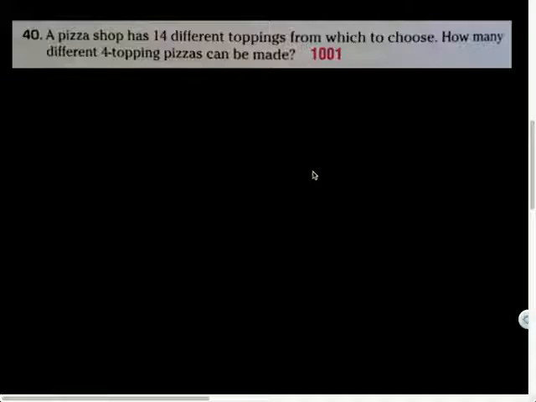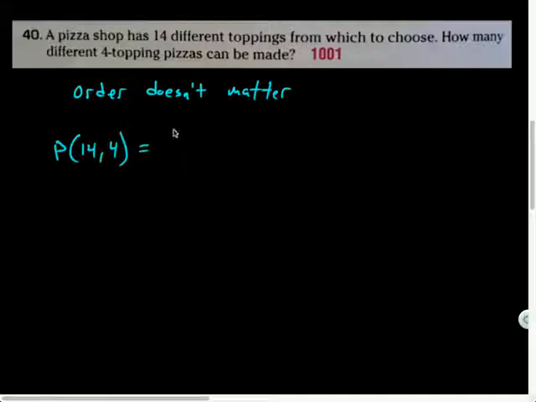But anyways, the point is that order doesn't really matter for this. And I think you guys agree, right? It's kind of all getting jumbled together. So if I did this as a permutation, of 14 toppings choosing 4, where order did matter, I would have had 14 factorial over (14 minus 4) factorial,